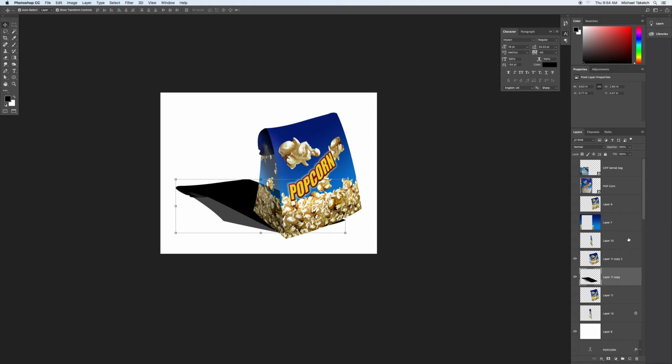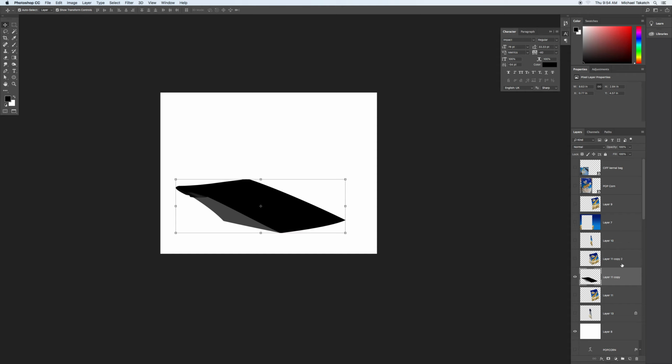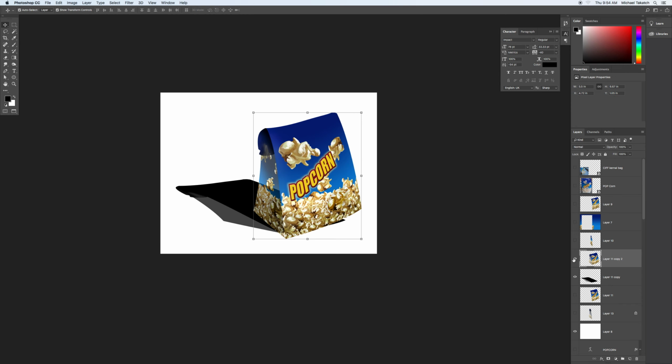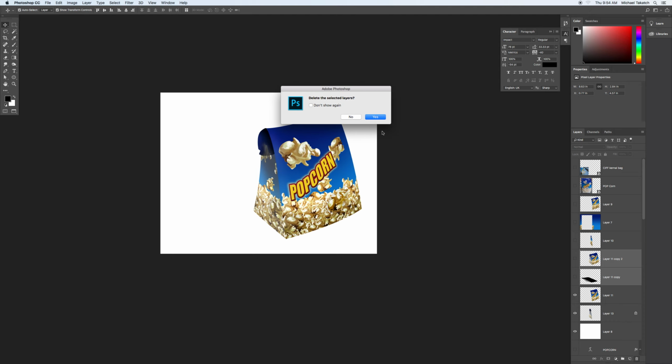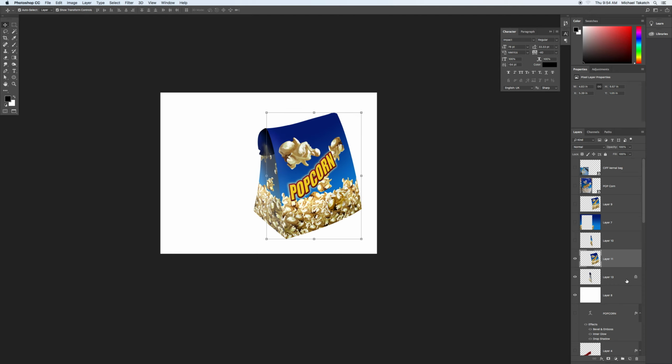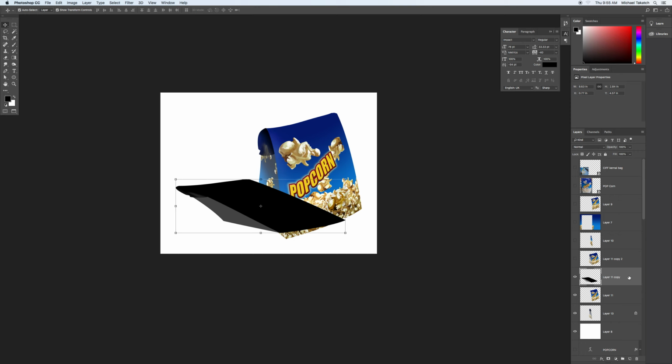Make sure I have that. And that'll give you this graphic that's behind it. Let's see if I did this right. One thing here. So this layer, I just want to make sure that I have the opacity turned up. Let's see. Yeah, so there's the shadow placed off the top of